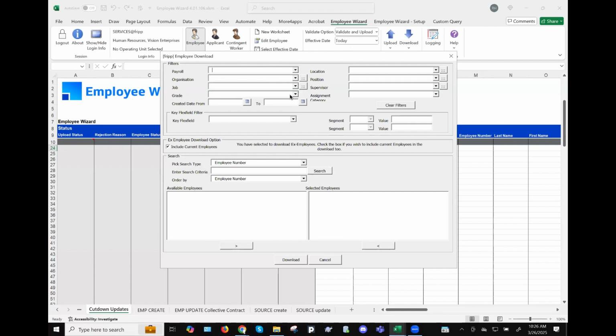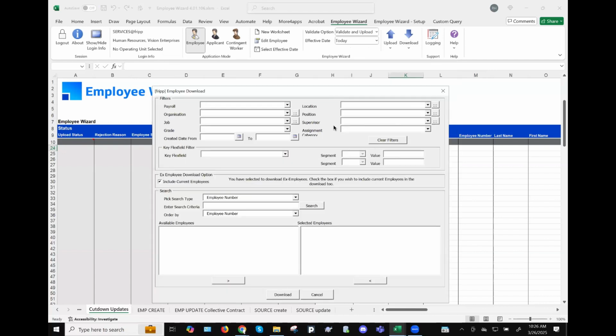This is again one of our comprehensive search forms, which gives you a lot of levers to clamp down your data. So you can search by supervisor, that's going through an increment, a position that is going through, a location, payroll, job, grade, any of these. Or just a creation date range. There's plenty of leverage here, and then I can just do a percentage. I'm not searching by employee number. I could, but I don't really need to by name or number. And then I'm just going to do